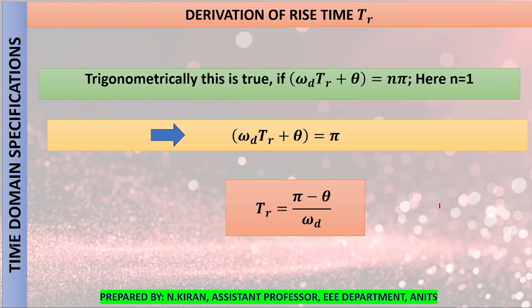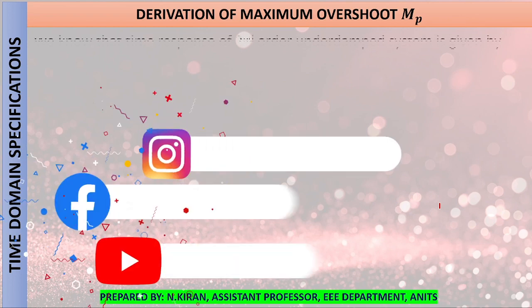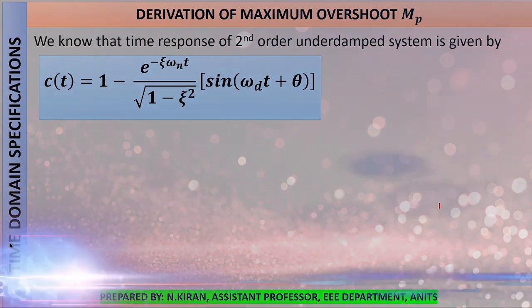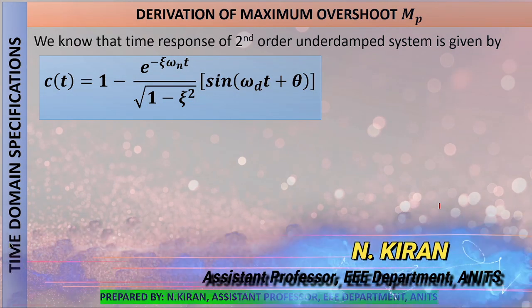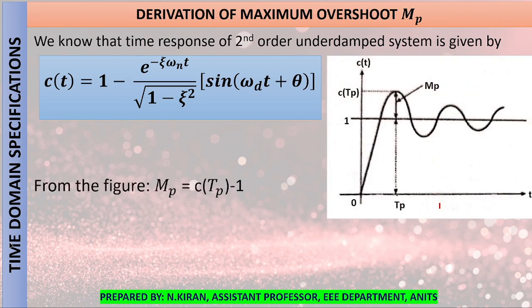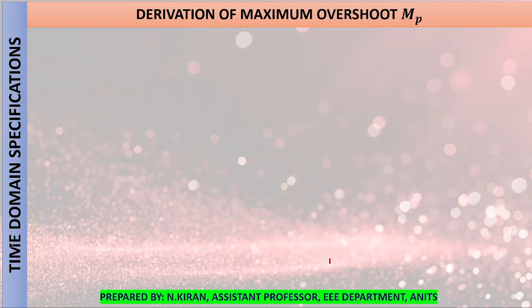The third derivation is maximum peak overshoot Mp. We know the standard second order underdamped system expression: c of t is 1 minus e power minus zeta omega n t by root over 1 minus zeta square into sine omega d t plus theta. So here maximum peak overshoot Mp is nothing but the difference between the steady state value and the peak value, isn't it? So I'll take the difference of these two. Substituting tp in place of t, this will cancel out these two terms,